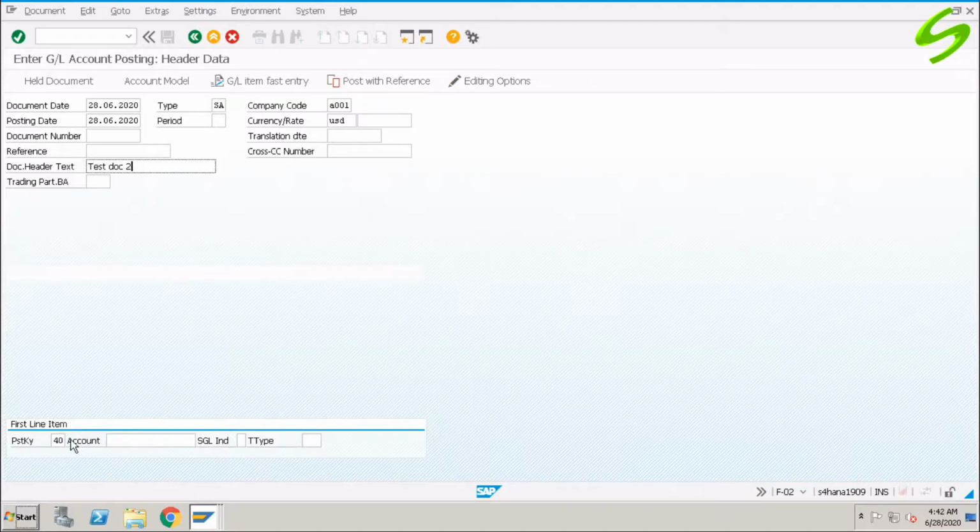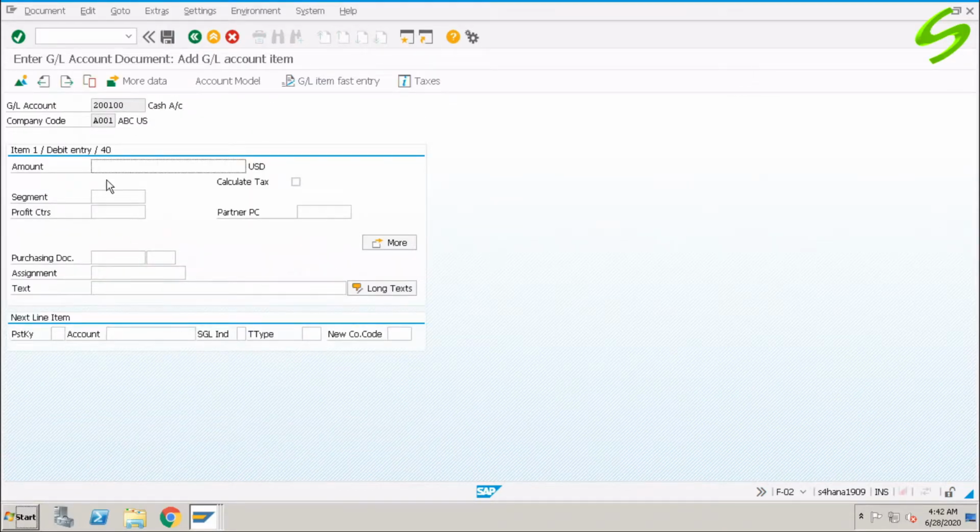We already have posting key 40, so we'll enter the GL account 200-100, enter, amount 2000. We can enter the narration or text, for example, cash withdrawal from bank, posting key 50, GL account 400-300,